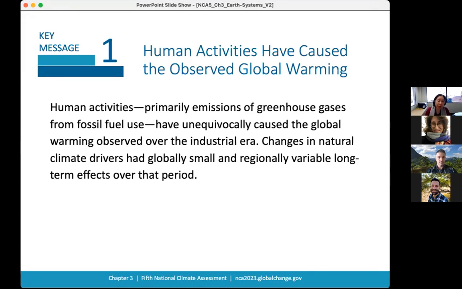So first of all, we know that climate change at the global scale occurs primarily as a response to processes that change the balance between the incoming solar energy and the outgoing energy radiated from the Earth at the top of the atmosphere. So there are many drivers of climate change, and they can be both natural and human caused, and they can also be transient or long-lived.